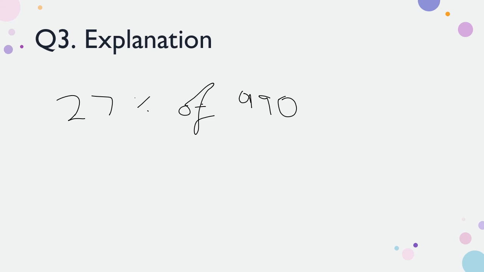I'm going to demonstrate this in the building blocks method. 25% is divided by 4 because 25% is 1/4 in simple form. You could also remember that in the building blocks method. So 990 divided by 4 is